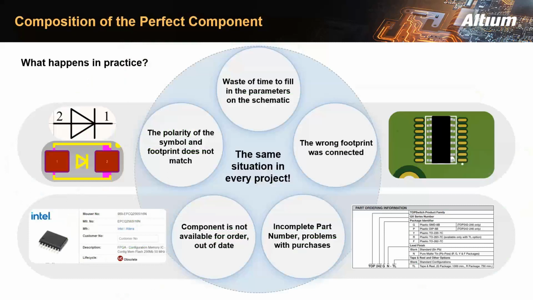What happened in practice? Do all components have similar composition? Quite often, designers encounter the following situations when creating a symbol. The parameter data is not complete. For example, a resistor or capacitor symbol is used and the parameters are already completed in the schematic, but not